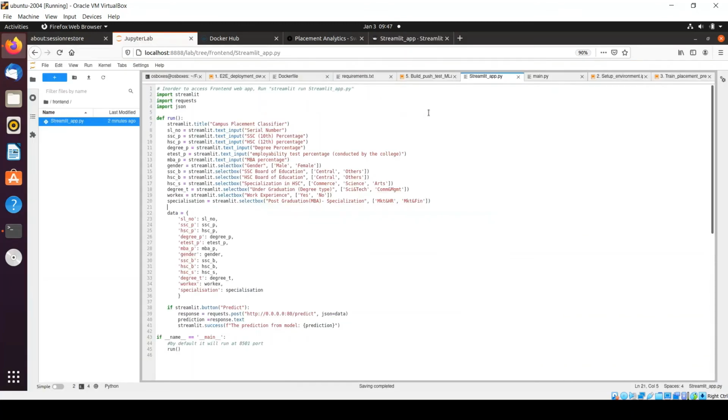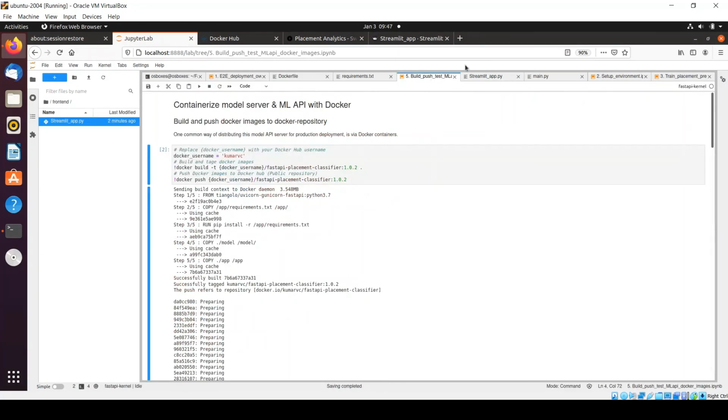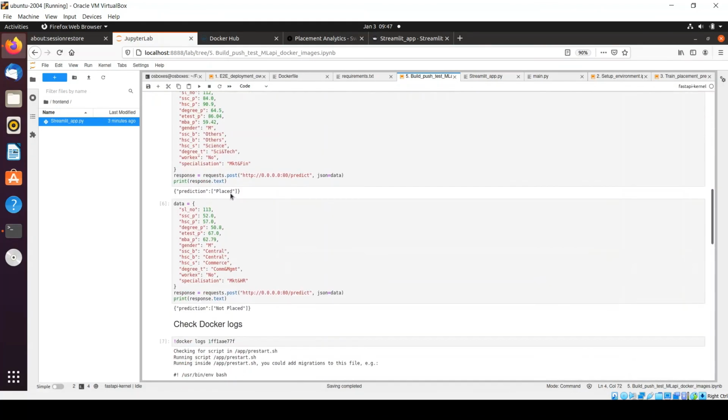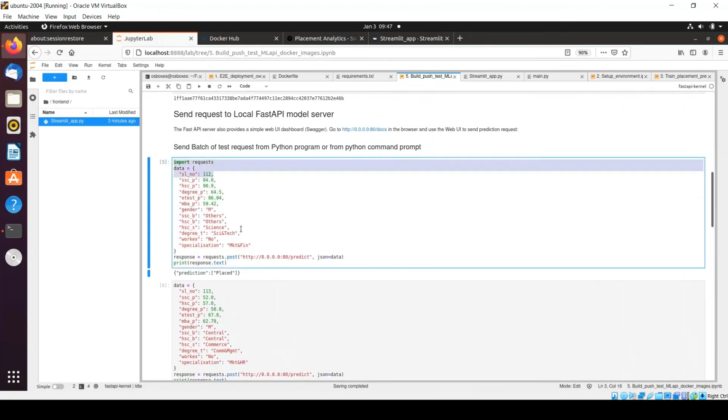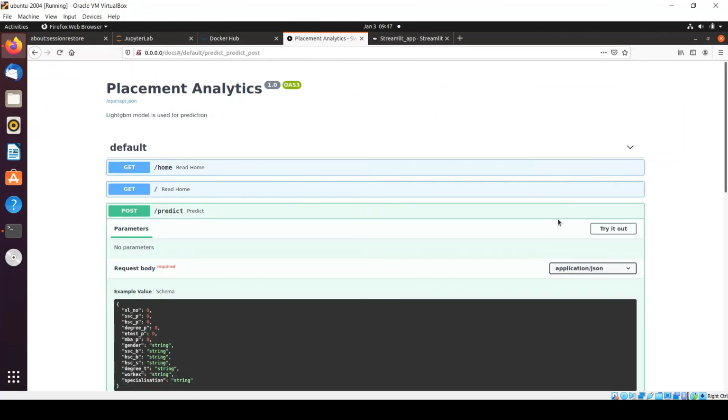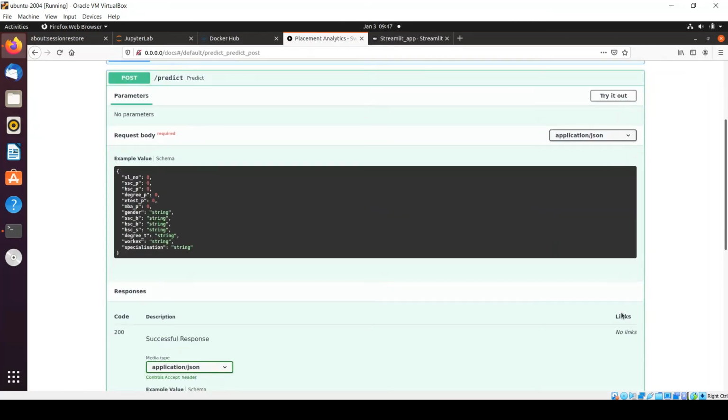And in this video we have seen multiple approaches to test your machine learning API, right? So here we have used this Python request package for sending a post request to the machine learning API. That's the one method. The second, we have seen the Swagger UI interface through which we can push payload to the machine learning API.